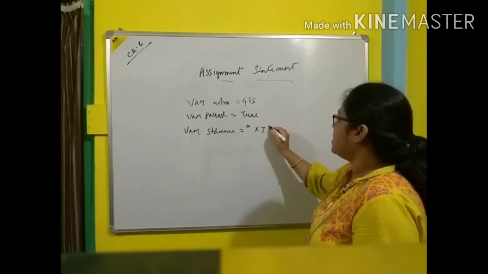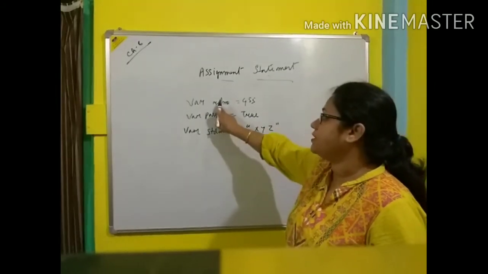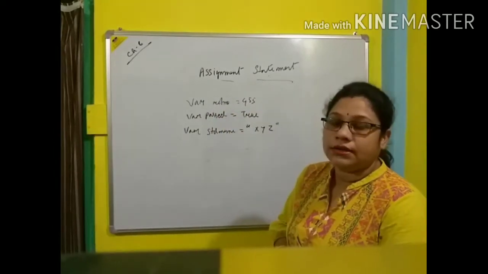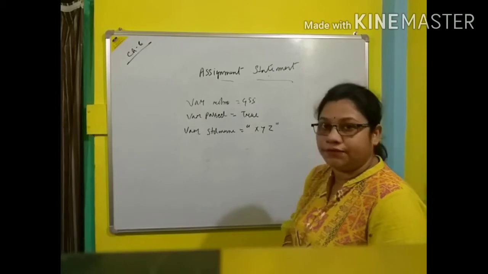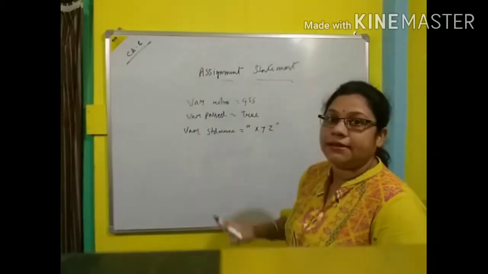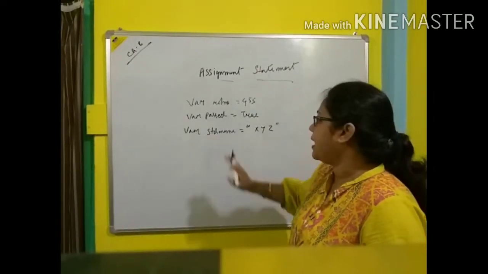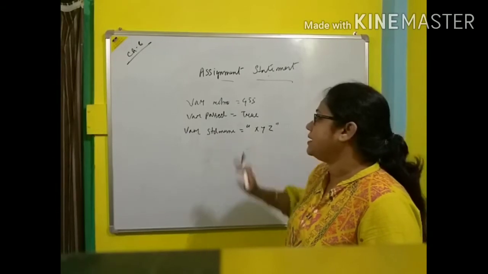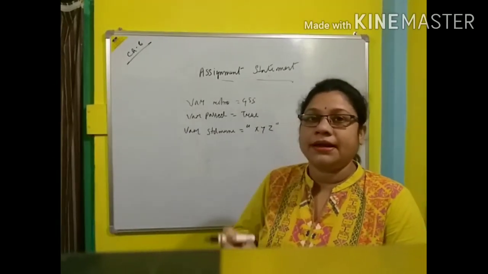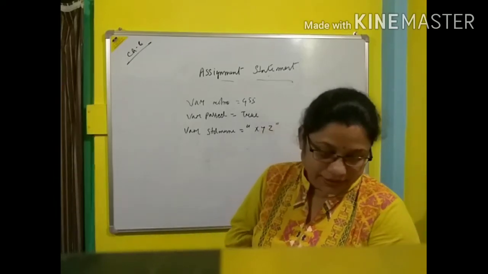Suppose x, y, z. So these three variables: the first one is roll number, which is assigned a numeric value, that is a number value, 455. After that, var pass contains a boolean value, that is true. After that we have another variable, student name, and that name contains a string, and all of you remember that the string is put inside the double quotation mark.